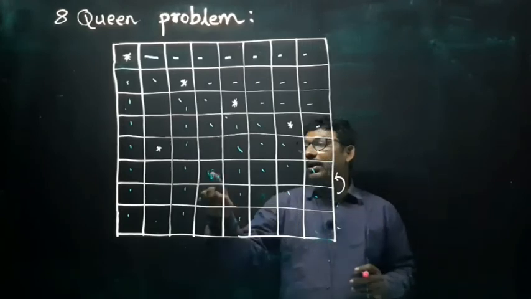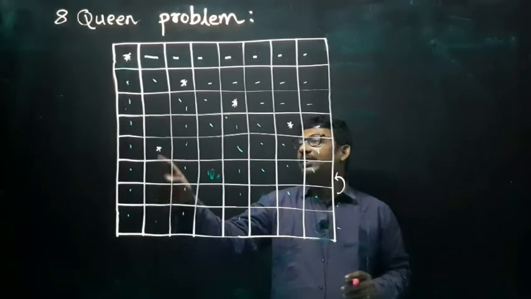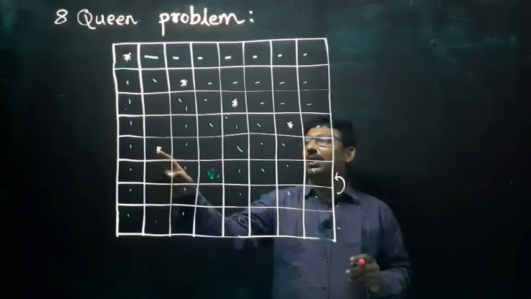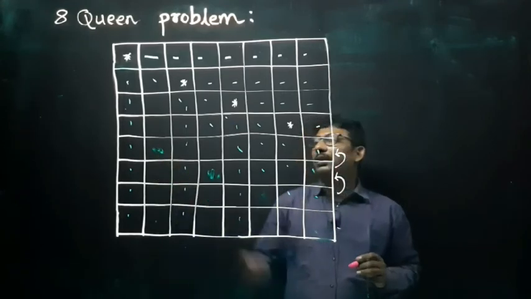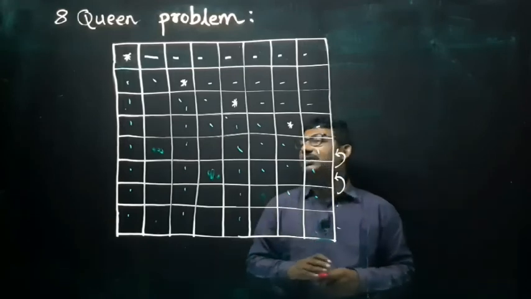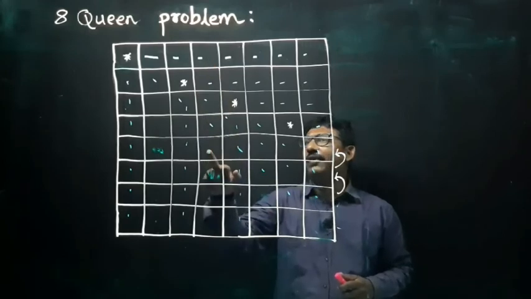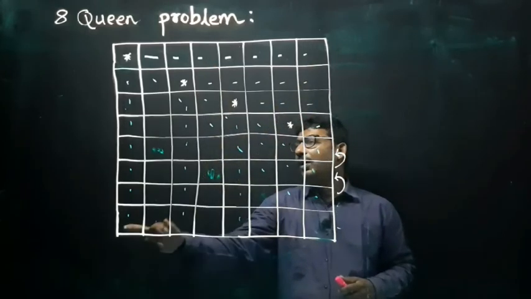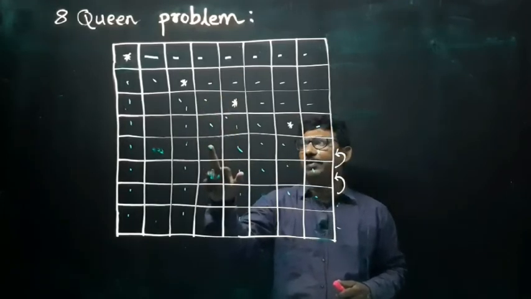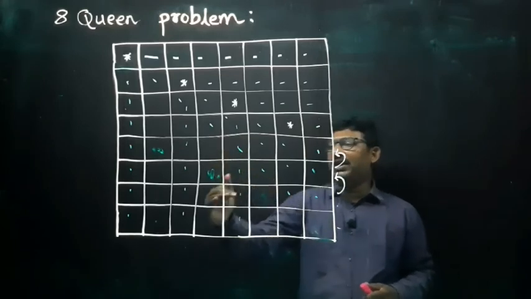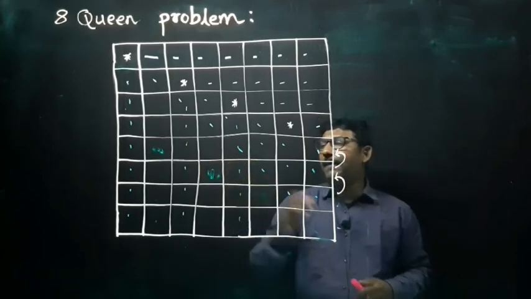So again we will check whether any other safe place is there. Yeah, this one, but again it is giving an obstacle. So this is also wrong. So we have to backtrack up to here. Then we can check what the possible ways to keep are. You can keep here. Okay, this is safe. Diagonally it is safe, and row wise, column wise it is safe. You can keep here. And once you check it, again for the solution you have to keep again.